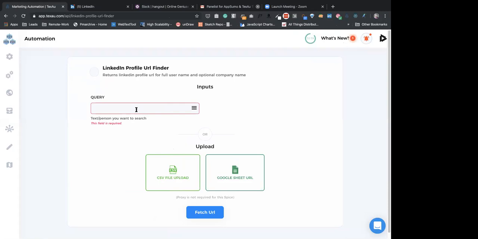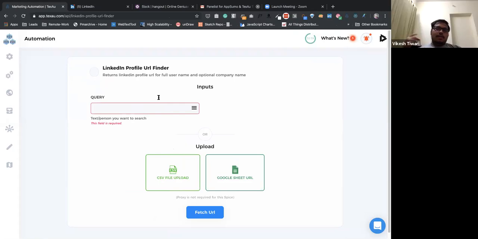Yeah. So I was saying that we extracted Slack user members, right? And now we have first name, last name, and full names, right? Could you turn your screen share back on? Yeah. There it is. Great. Cool. Yeah, so we have first name, last name, and full names, right? We can pass all that data to the LinkedIn profile URL finder, and it will give me all the